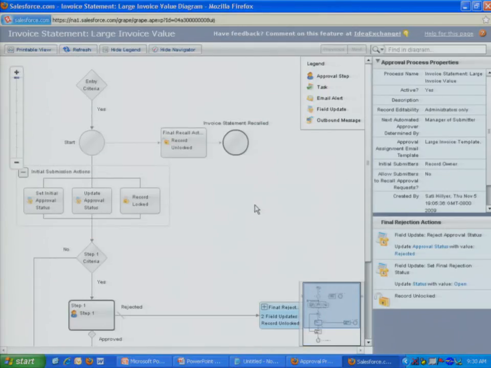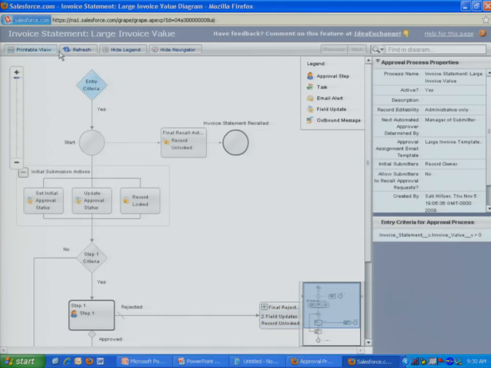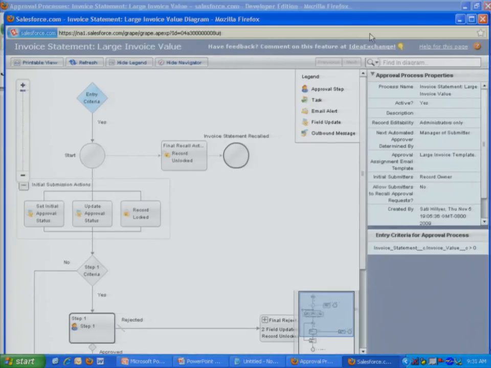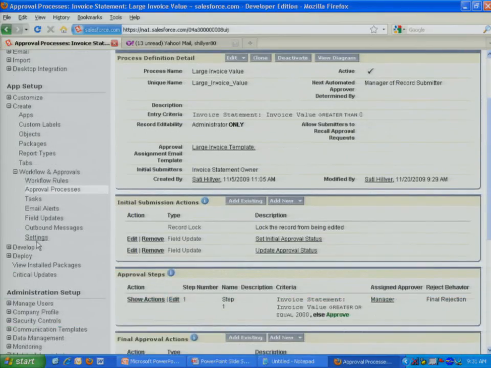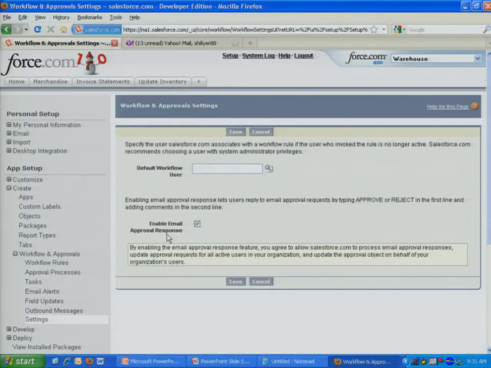So this is a great way for you to get an idea of what your approval process is going to do. You can print it out if you want to share it with others. You can't manipulate the approval processing through the screen. It's only read-only. But we're always recommending to get your feedback, and so you can always let us know. I know that is something that's planned. So let's now see it all work. And then the last thing is that I did also enable it to do email response. So as long as I go into settings and enable this, I can respond to this via email or through the app. So back in the invoice statement,